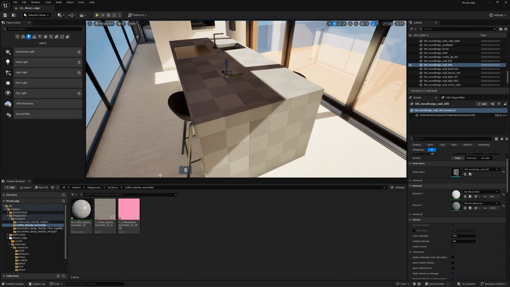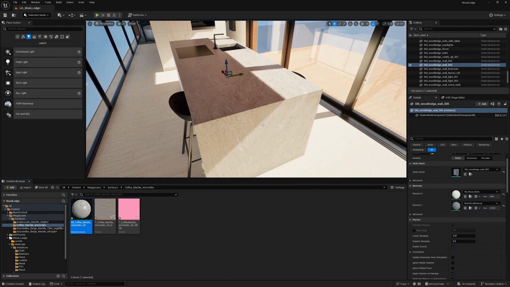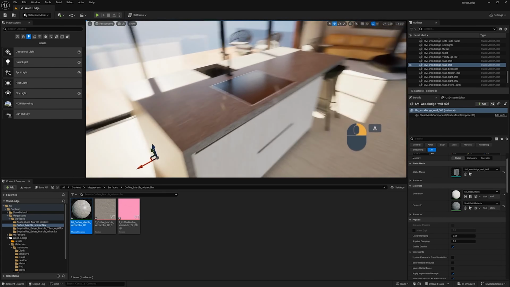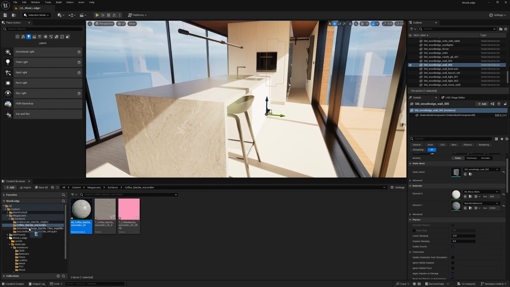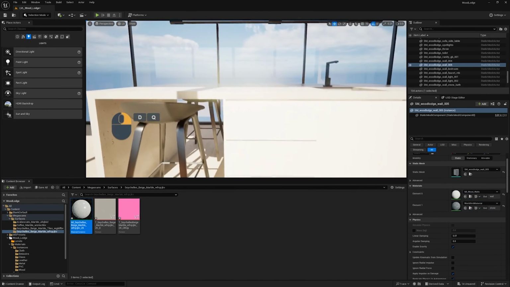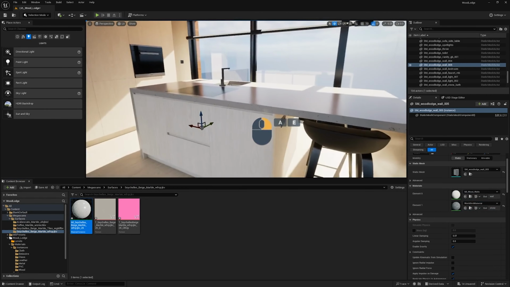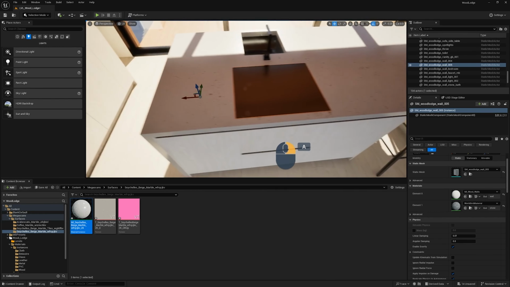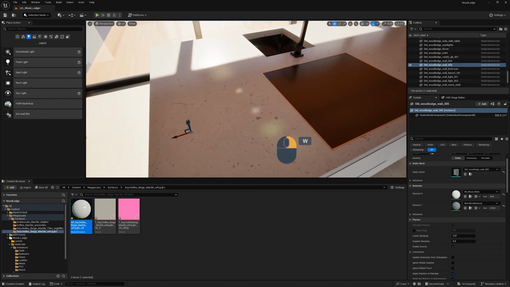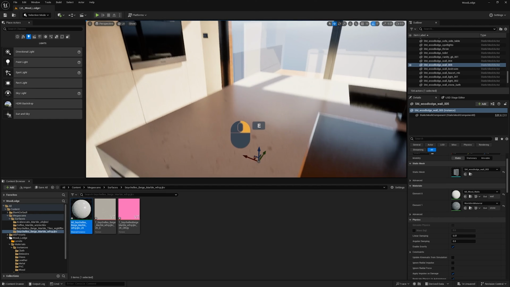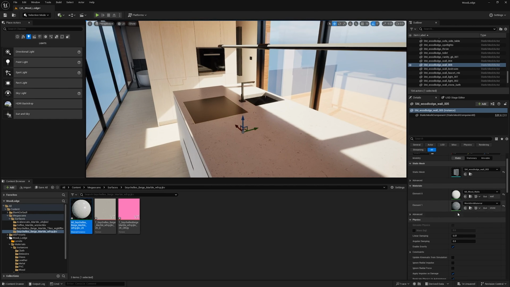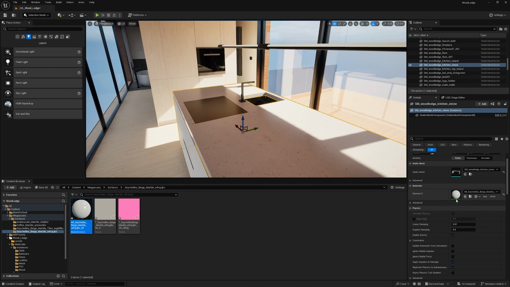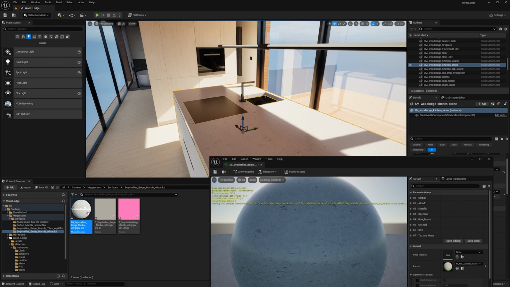So for the coffee, this for the island, I think we can use something like this. Let me see the other one. Well, I think I prefer this one just so it gets connected with the other side of it. So maybe I would just go in here. If I double click,